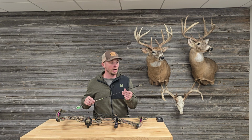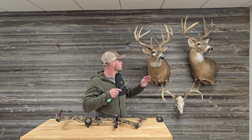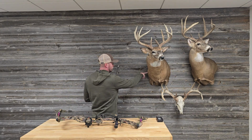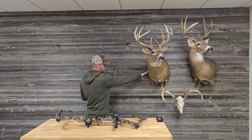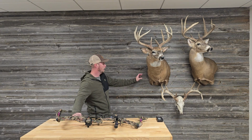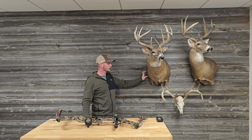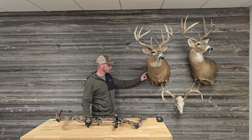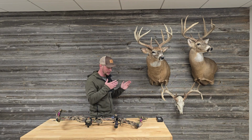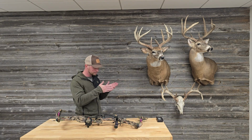The first deer I shot with them was actually this buck here, and it was this shoulder here. On this shoulder mount, you can actually feel where the broadhead went in. I was shooting an 80-pound bow at 29 inches of draw length with a 550 grain Easton Axis 260 spine arrow, and I purposefully shot for that ball joint because when I stopped him at 25 yards, he